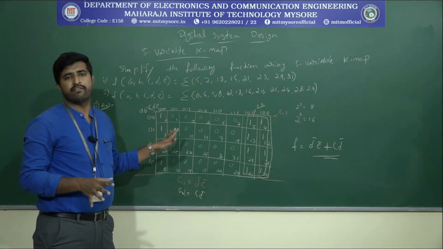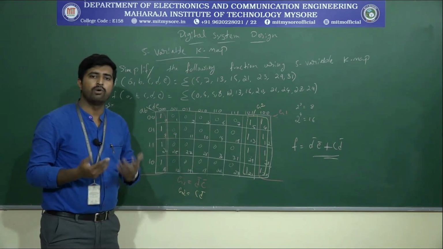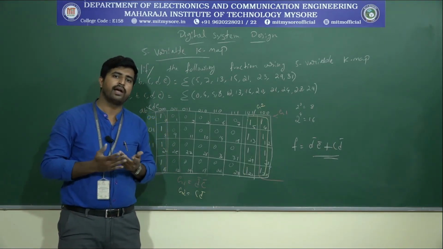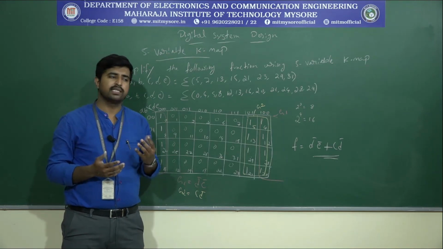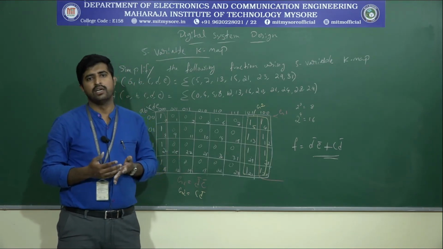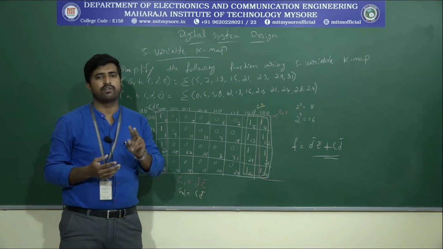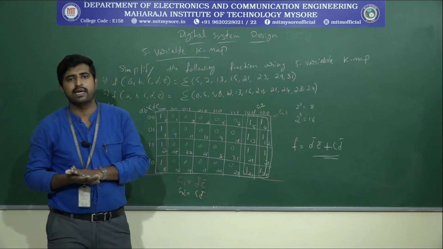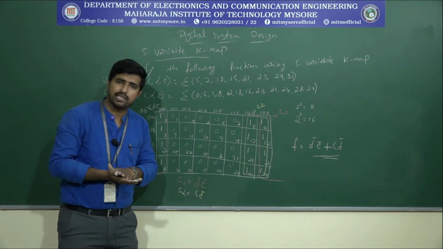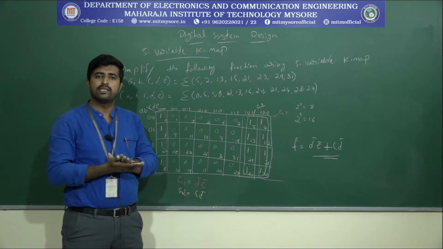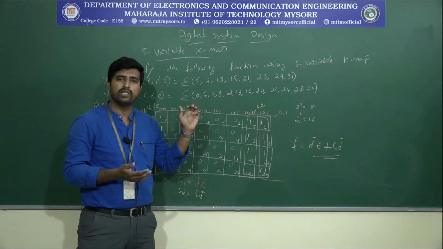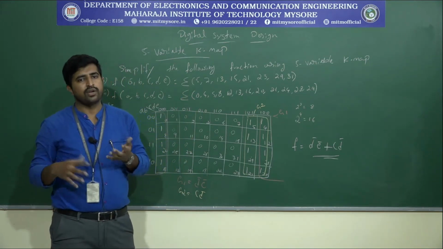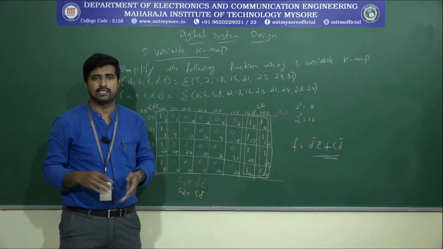So this is with respect to the 5 variable. Hope you understood how to solve any given Boolean function of 3 variable, 4 variable and 5 variable. When discussing the syllabus in module 1, we said there are 2 techniques for simplification. One is the K map, Karnaugh map, and another is called the Quine-McCluskey technique. Let's take the Quine-McCluskey technique in the next session. How to simplify a given Boolean expression using the Quine-McCluskey technique, what is the technique, how is it structured, let's see in the next class. Thank you.